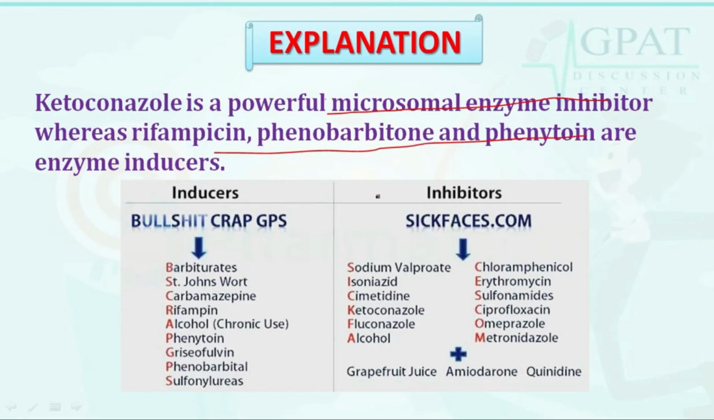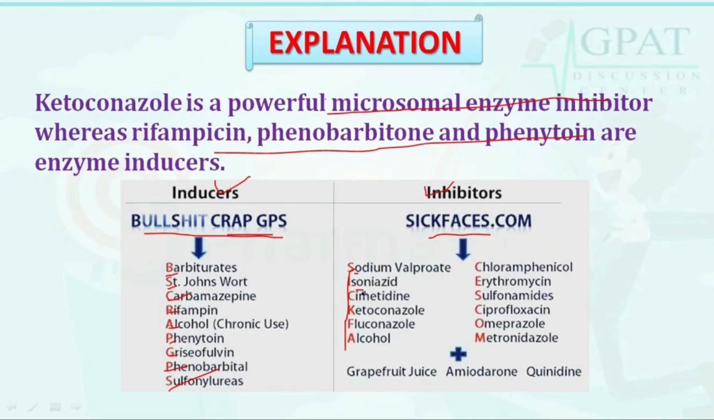phenytoin are enzyme inducers. So here we have mentioned a table of inducers and inhibitors. Let's discuss with the help of mnemonics: just learn BS CRAP GPS. B for barbiturates, S for St. John's wort, C for carbamazepine, R for rifampicin, A for alcohol, P for phenytoin, G for griseofulvin, P for phenobarbital, S for sulfonylurea. And coming to the inhibitors part, the mnemonic is SICKFACES.COM, where